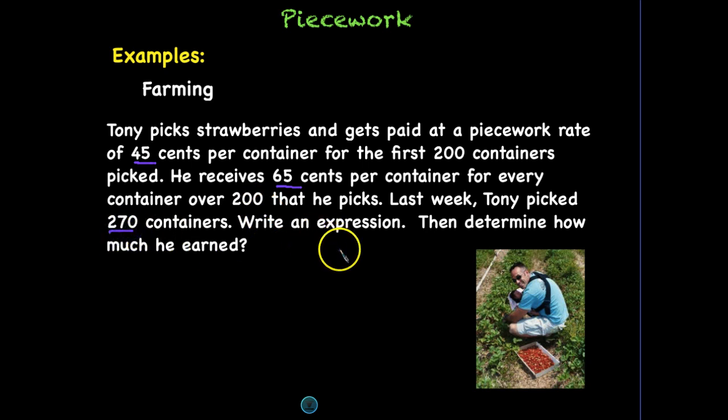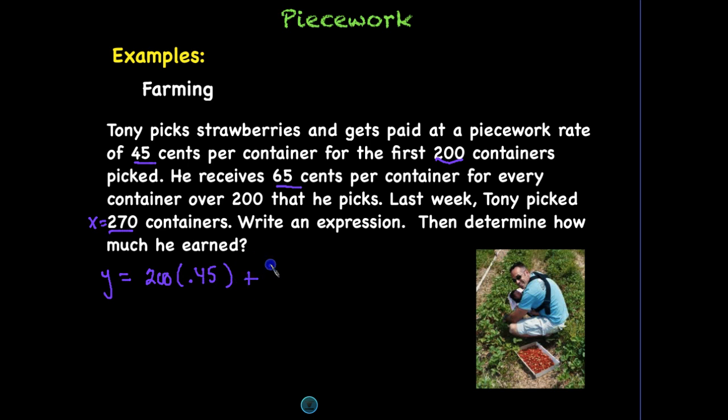We want to go ahead and write an expression that will work in any situation and then determine how much he earned. So once again, we're going to say that our X, our unknown, would be how much you pick. You don't know that you're going to pick 270 containers. And then Y will represent our income from our piecework. So we'll start off and we'll assume that we always pick 200 containers. So let's say we have 200 containers paid at 45 cents, and remember 45 cents is 0.45,